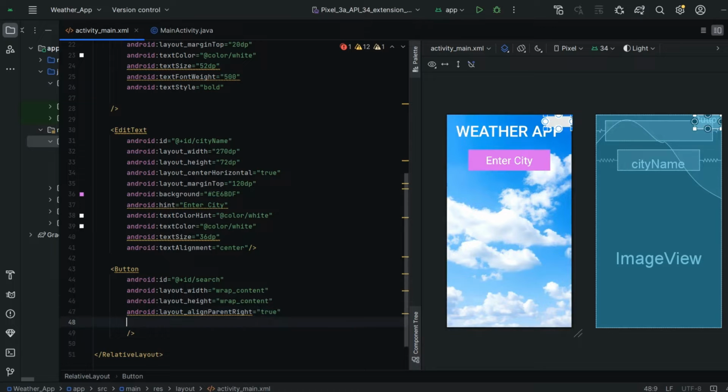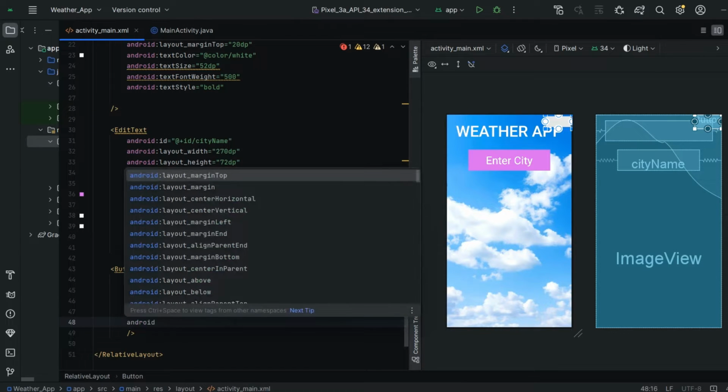Next I want to bring it below our enter city. So calculate, guys. While giving the edit text enter city, we gave margin top of 120 dp. So for bringing it here, I have to give around margin top of 200 dp. I think it will be enough for us.